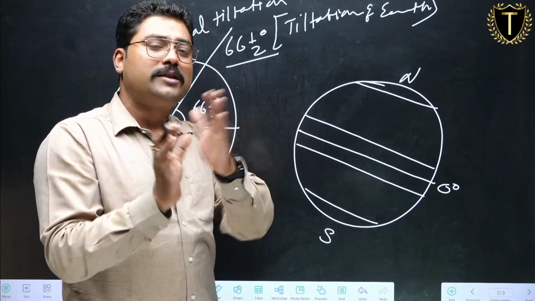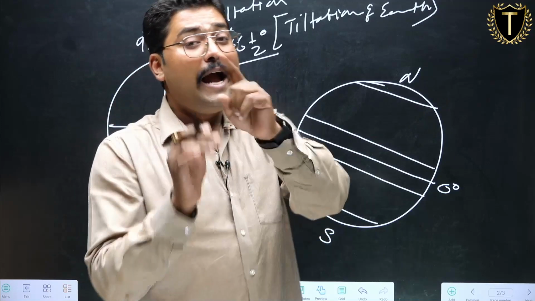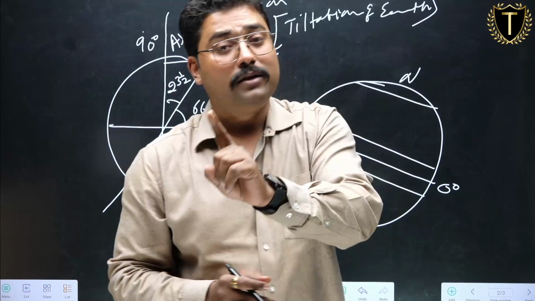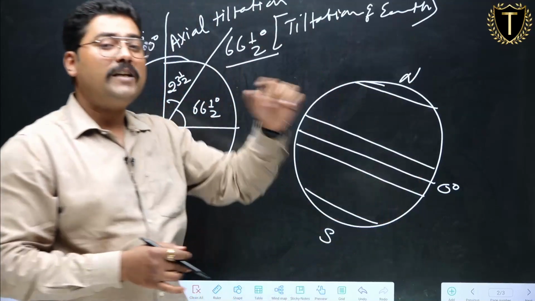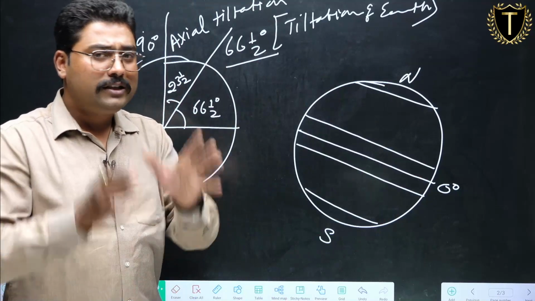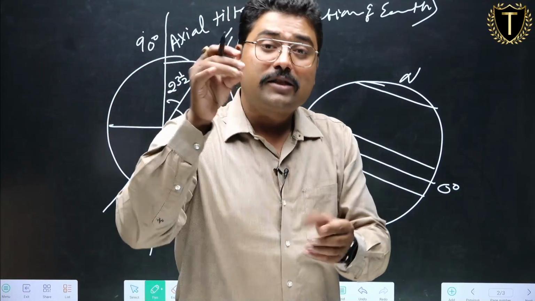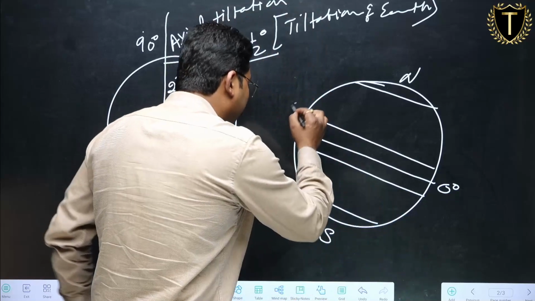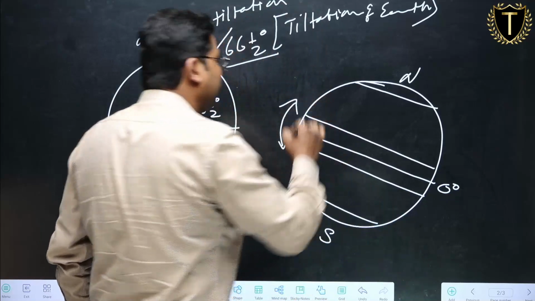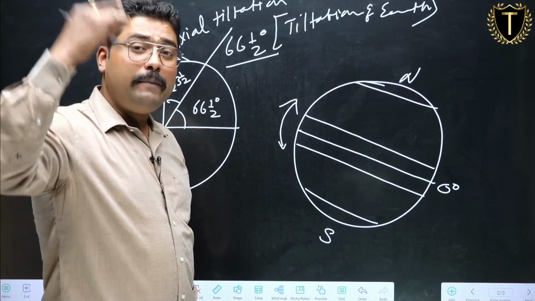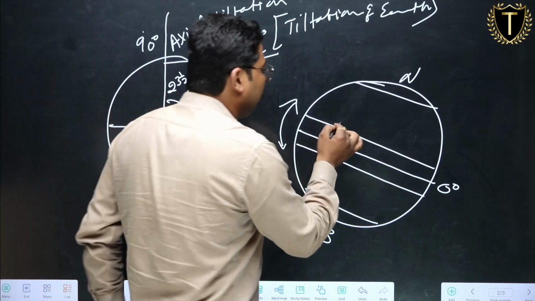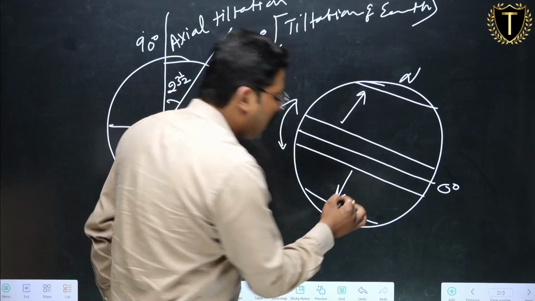So, due to tiltation the length of day and night is governed, and due to revolution along with tiltation the seasons are changing. This is the basic thing, and due to this only the Sun is migrating between Cancer and Capricorn, and beyond 23.5 north and 23.5 south